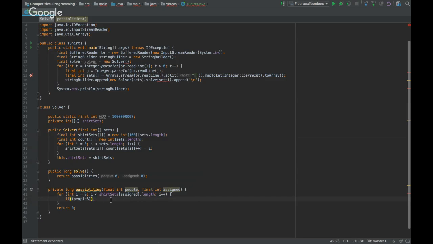These are the people, right? So that's I. So in person is equal to shirts assigned of I. This is the person that we could have assigned it to, but we need to check if this person is not already, amongst the people. So if that person is not already